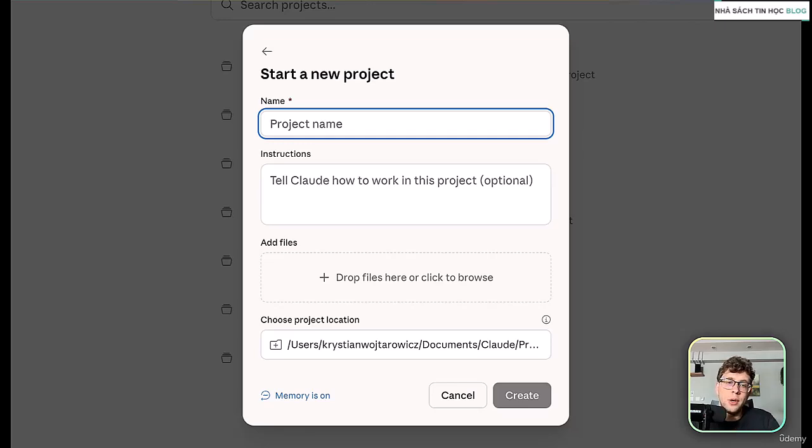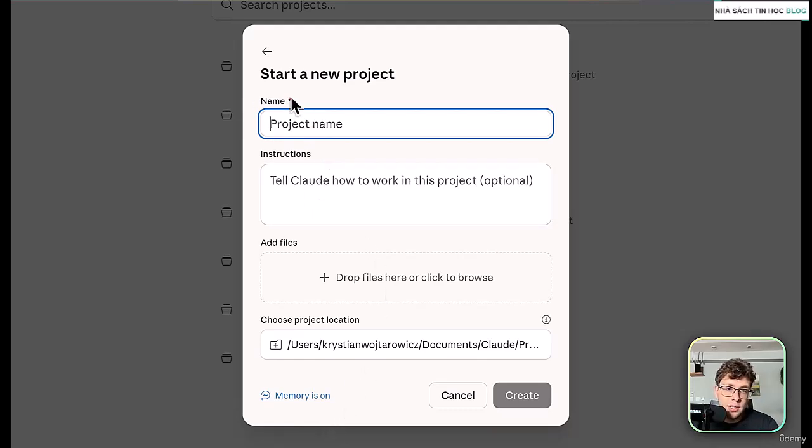And then, for example, let's say if you have instructions in this project, all chats across this folder will follow the instructions. Also, when you add files, let's say 10 different files, all chats you create in this project are gonna have access to these files. Additionally, all the chats are gonna have the understanding of what happened in other chats. So let's say if you had 2 specific chats in the project and you create a new chat, it's gonna have the context of what happened in these 2 previous chats.